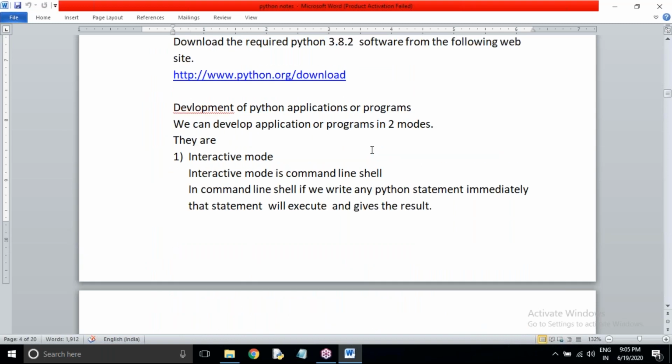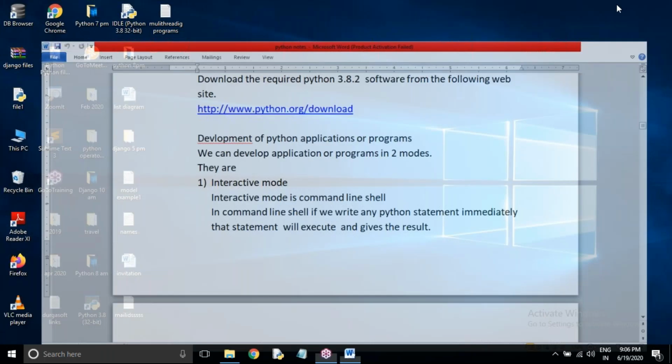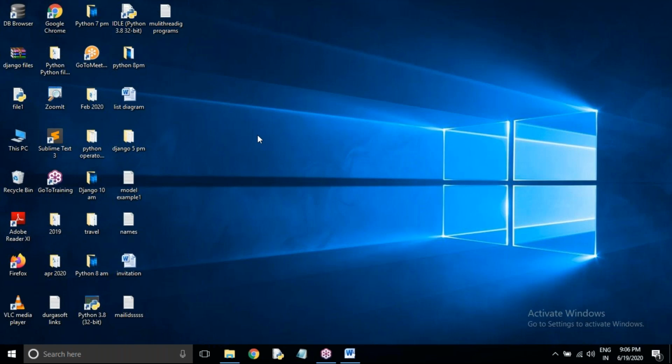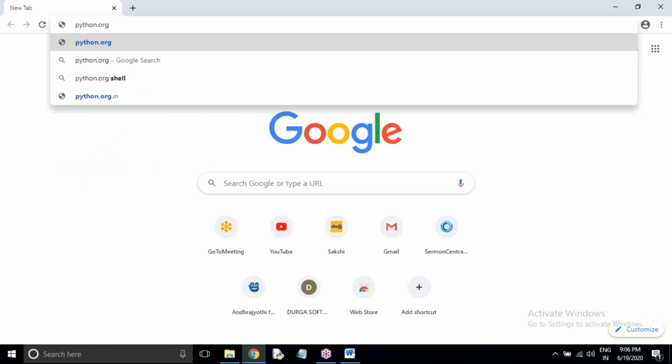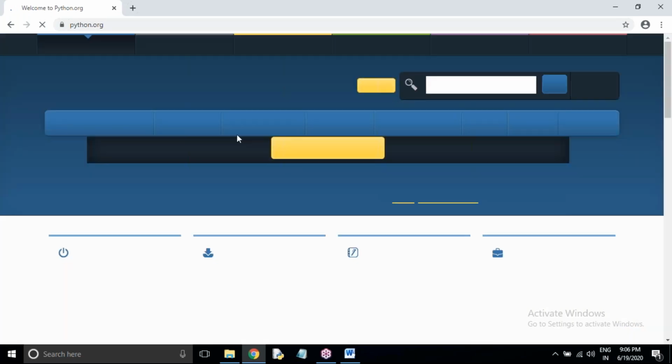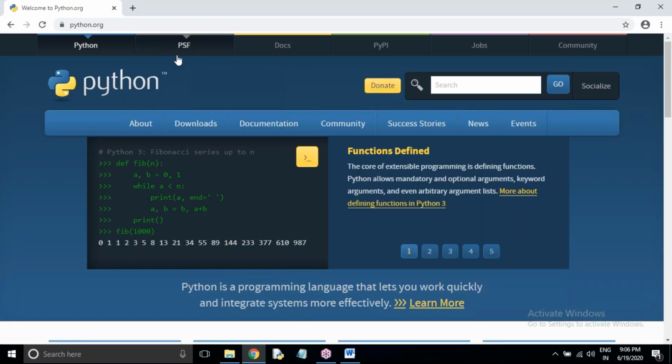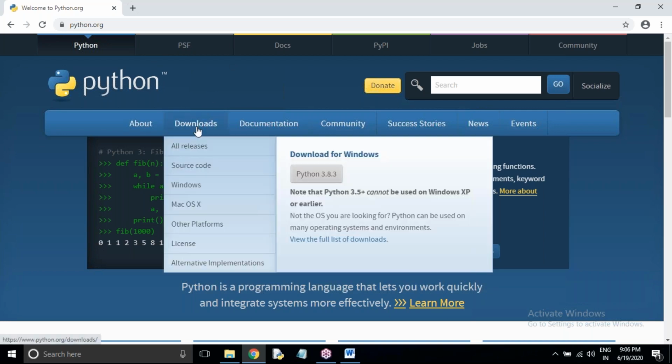So when we are working with Python, I'm using the python.org site here. And you can see Downloads is there.